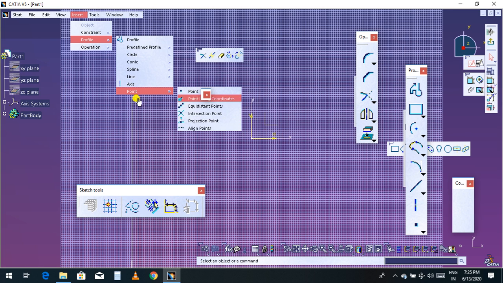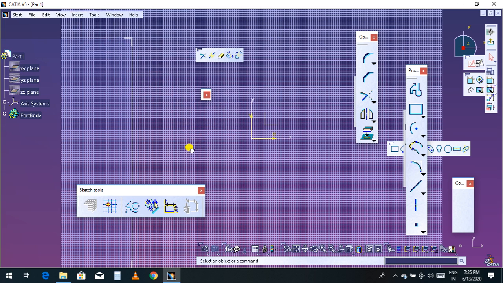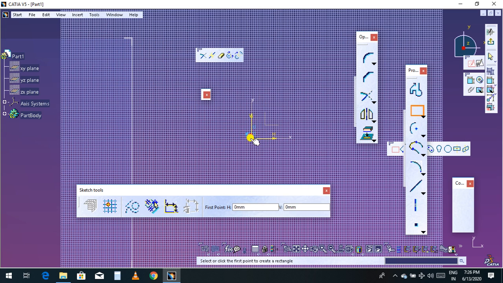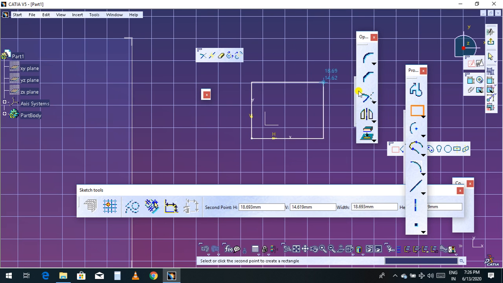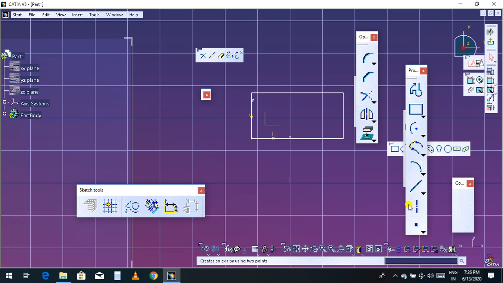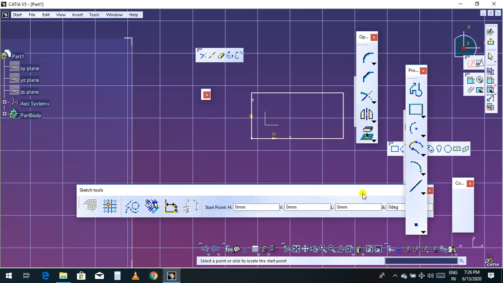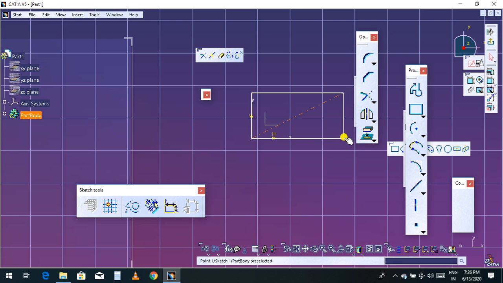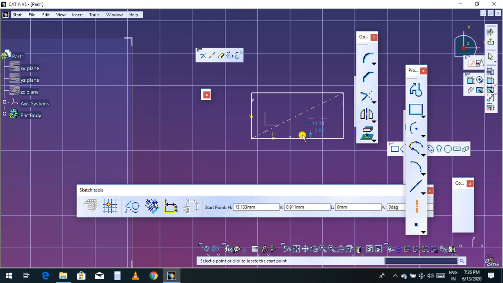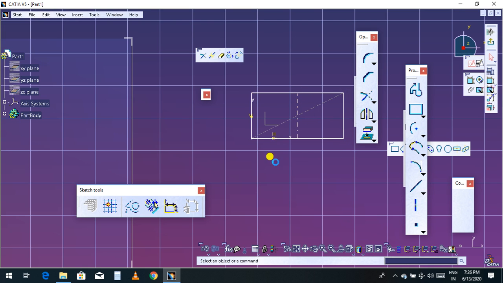So I have selected the sketch. Before going to choose the axis, you can draw a rectangle. Then now you can choose the axis. Axis means you need to give an axis through the coordinate, through the origin, or else by one point to another point you can also give an axis. Axis doesn't matter, you can give it anywhere. So this is called axis.